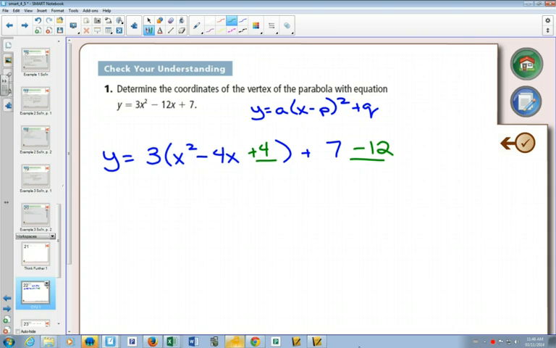And that's where I put that little note. Remember that when I put this green 4 there, it gets multiplied by that 3. So I've actually added 12. So to compensate, so I do nothing, I subtract 12. That way, the numbers that I put in green actually don't change the value of the equation, just change how it looks. But now we can rewrite this